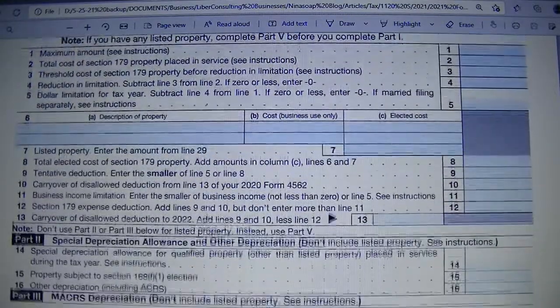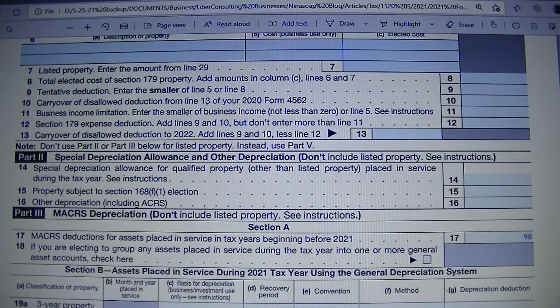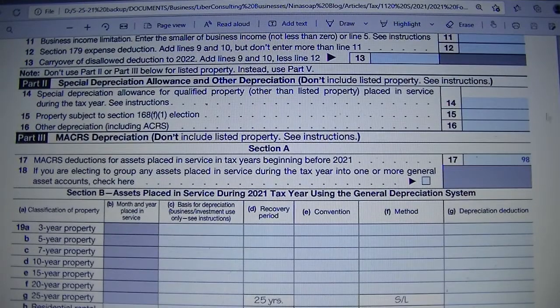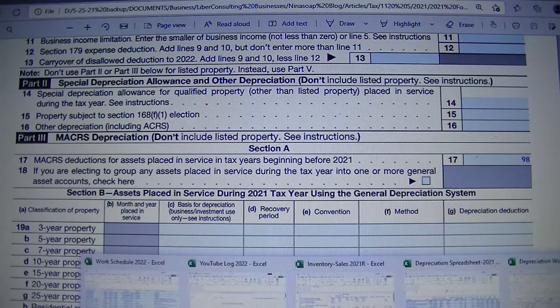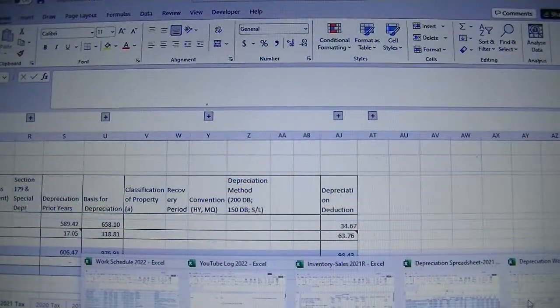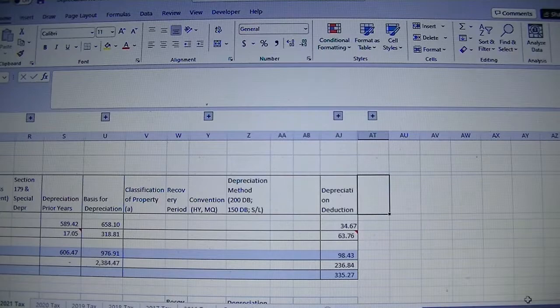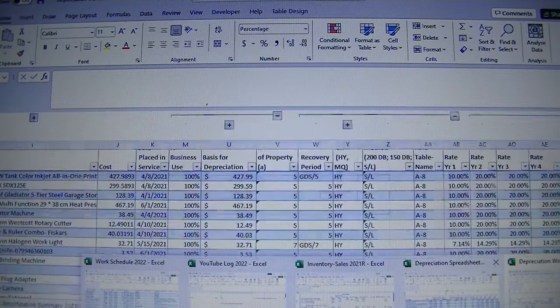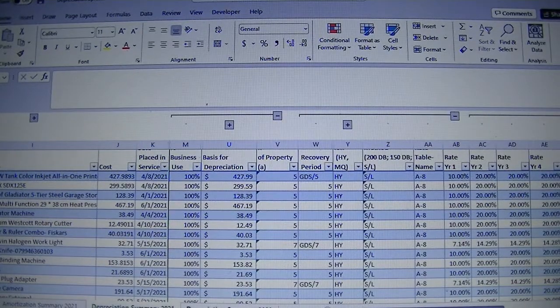That's the requirement. So in this, they are all related to retail. So how do we complete that? First, where this 98 came from. So we'll go back to our depreciation spreadsheet, especially. Okay, so let's go to the depreciation summary,